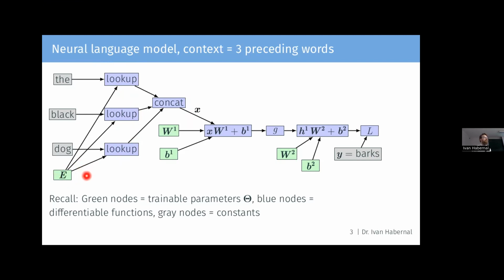So what is an embedding? What was in this E matrix? Anyone remembers what an embedding for a word is? Yes, for each word, it's a vector with many different values. Exactly, for each word, it's a row in the matrix with some dimensionality, which is up to us to specify, a real valued representation of the one-hot encoded word. Okay, and then this neural language model took the context together, so these preceding words,